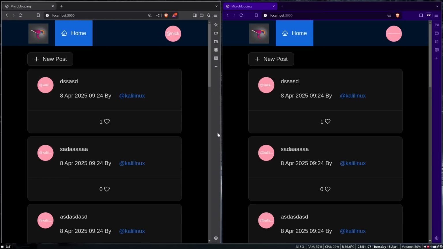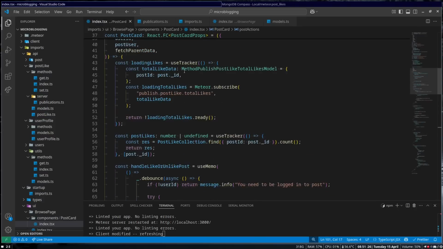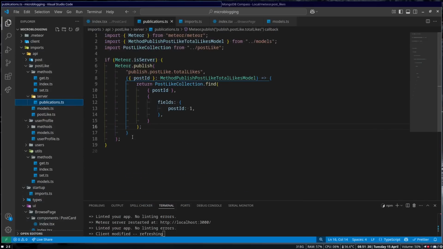Now we need to see, have we liked this post? Now usually for something like, if we liked it, I would actually recommend you don't use a tracker. But because this is a little bit of a tutorial on trackers, we're going to do it like that anyways. So let's go to our publications, post like publications. And here at the bottom, we go